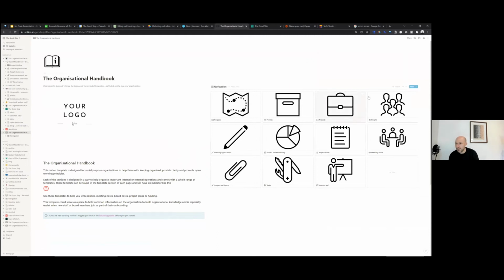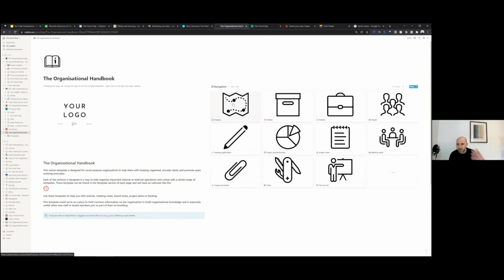And what this allowed me to do was create for them a handbook. And in here, it's got a whole list of things like policies, projects, the people. They have the meeting notes, where their impact is. It's got all the tools that they use, the images and assets. And all this is a really quickly spun together